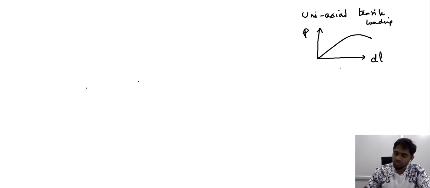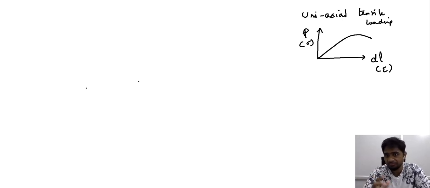Now, we also saw that it is possible for us to replace this load with stress and the elongation with strain. Even if we replace the way we describe the x and y axis, the trend that we observe in metals and alloys is going to remain the same. Now, from this particular description of the mechanical behavior of metals and alloys, we found that there are certain limitations